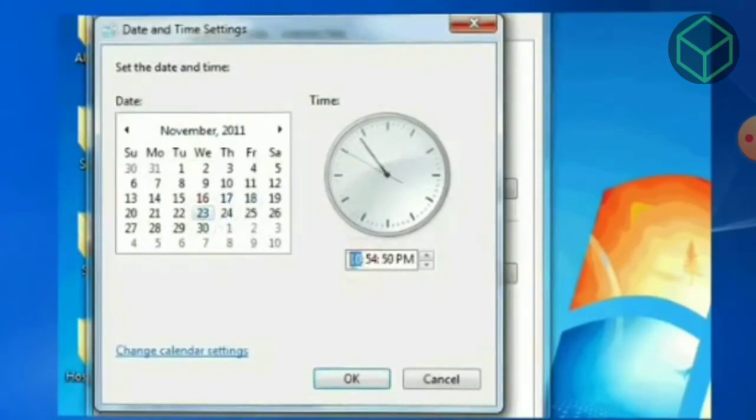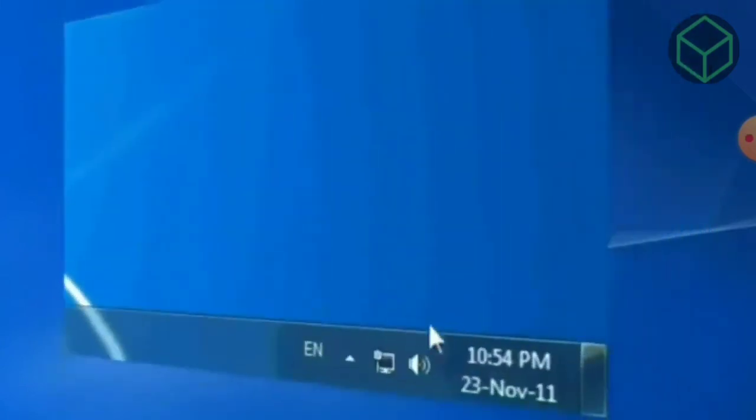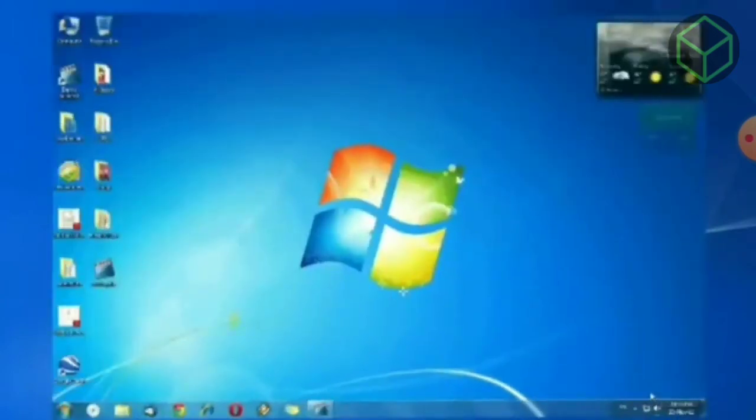Here you will fix the date and you will set the time. This way you can set the time and date. Click OK. After clicking OK, another dialog box will ask if it is okay to change. After clicking OK, you can see the date and time has been changed.